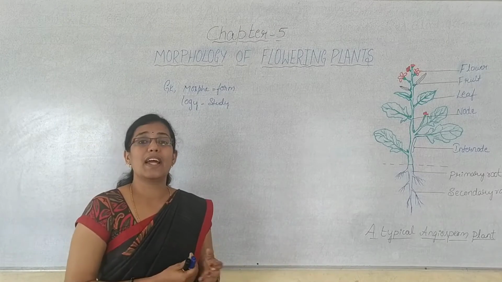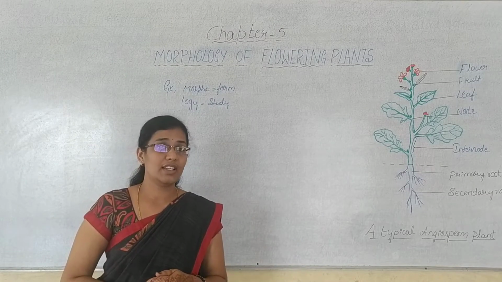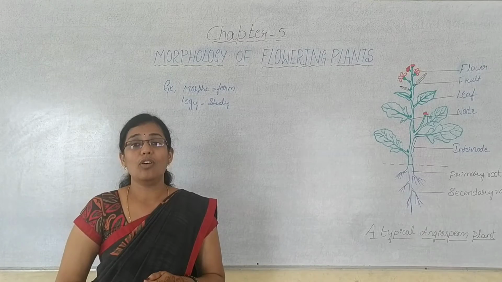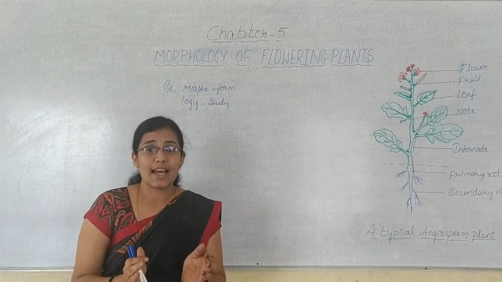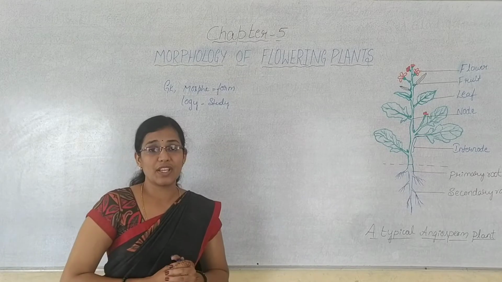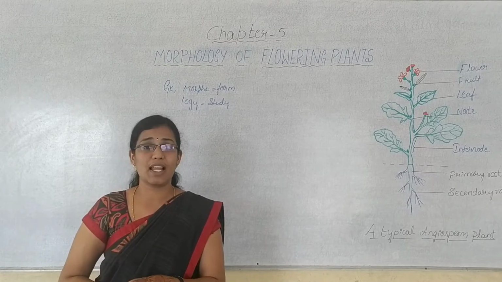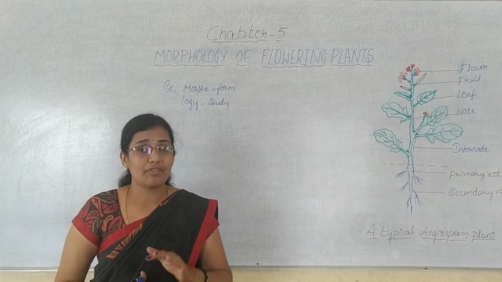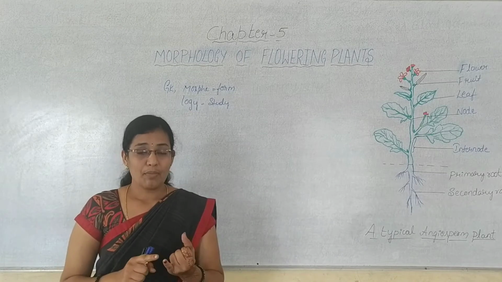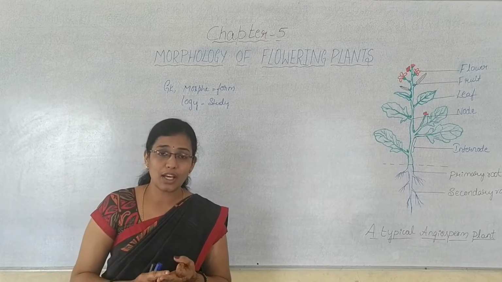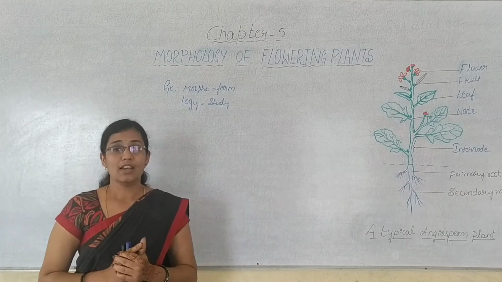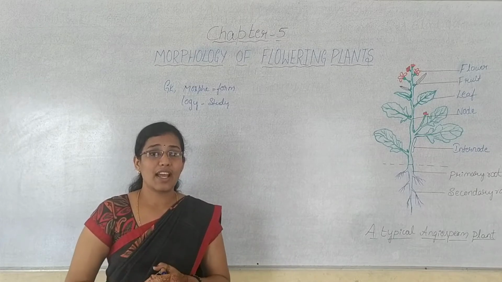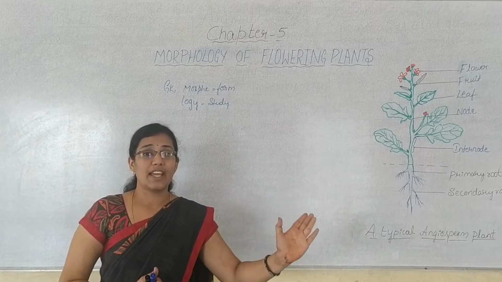And also it helps in plant classification. You have already studied that many living organisms are present on this planet Earth, and all these living organisms have been classified and placed under separate groups based on their similarities as well as dissimilarities, right? All of them have been placed under 5 different kingdoms. What are they? Monera, Protista, Mycota, Plantae and Animalia.